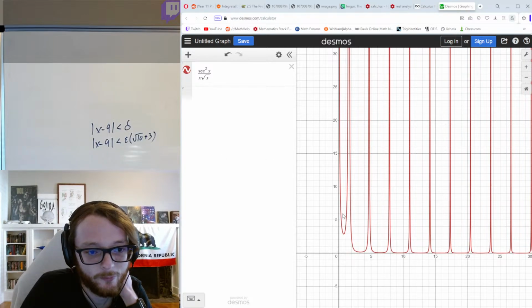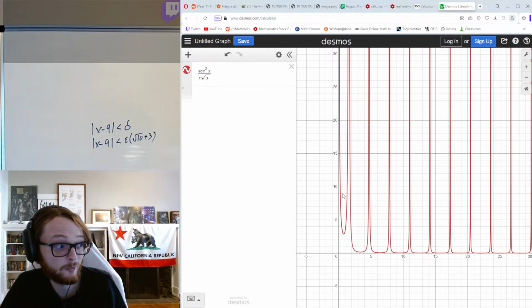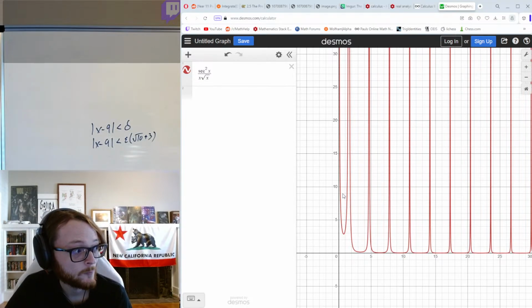So yeah, we're doing the integral here from 0 to 1. So we want to name an integral that's easier to evaluate, that we do know convergence and divergence for. So my guess is that we're going to take secant squared. We need to